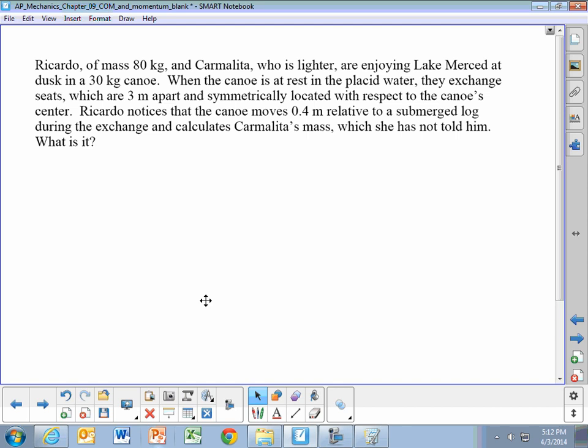And Ricardo notices that the canoe moved 0.4 meters relative to a log in the water. So the canoe moved 0.4 meters relative to the fixed water. And he is able to use this to calculate the mass of Carmelita. And so if we look at a drawing of the situation,